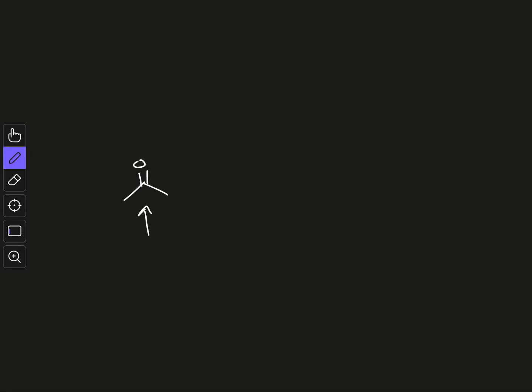So ketone has a typical value for this carbonyl group, and the value is at around 1715 cm⁻¹. So this is the typical value for ketone. Now we will see the effect when we add different substituents across this carbonyl group and how it changes.